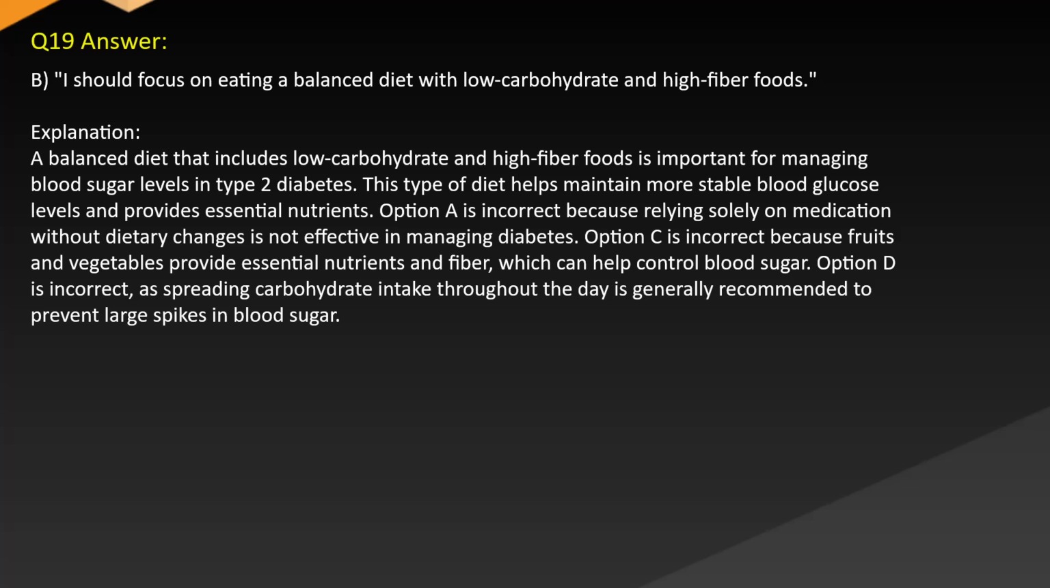Option A is incorrect because relying solely on medication without dietary changes is not effective in managing diabetes. Option C is incorrect because fruits and vegetables provide essential nutrients and fiber which can help control blood sugar. Option D is incorrect as spreading carbohydrate intake throughout the day is generally recommended to prevent large spikes in blood